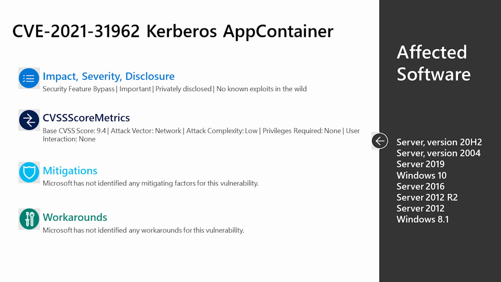versions but also Windows clients and Windows servers as well. So if you have any kind of versions of Windows or Windows servers in your environment, this is something you want to take a look at this month, again, to prioritize patching if you can. As of now, there are no known mitigations and there are no known workarounds for this vulnerability.